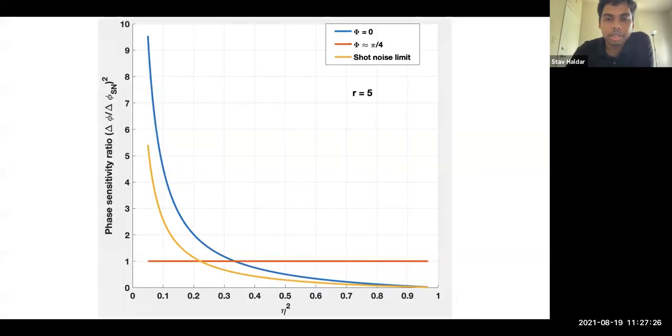And then finally, if you want to look at the critical eta, the best you can do, or the worst noise that you can be working against, then on the x-axis I have here eta square, which is the loss in the target arm, and here I have the phase sensitivity ratio. For phi equal to 0, you see that this intersects the